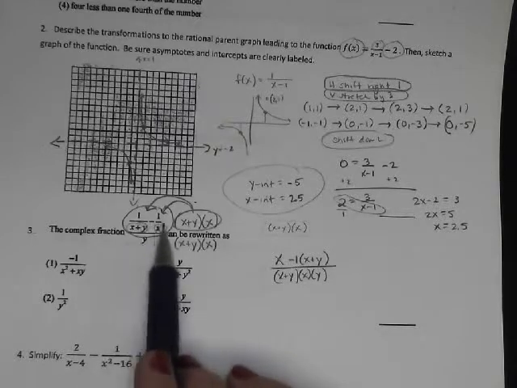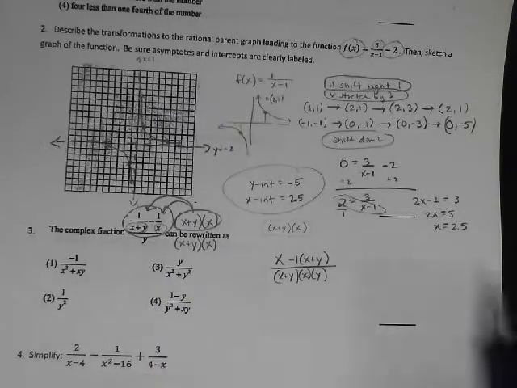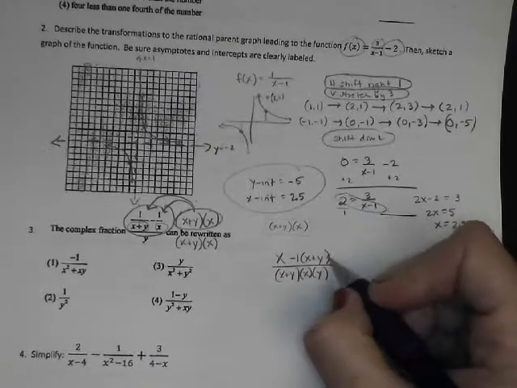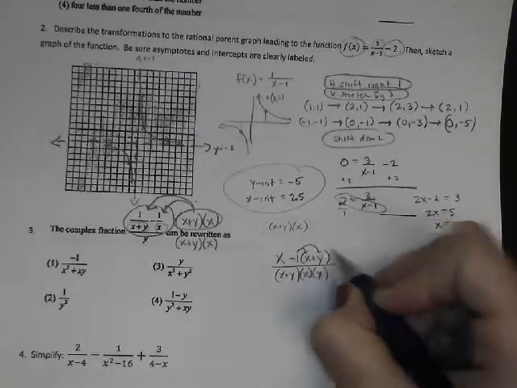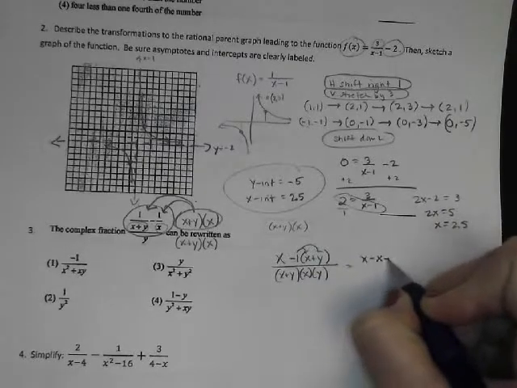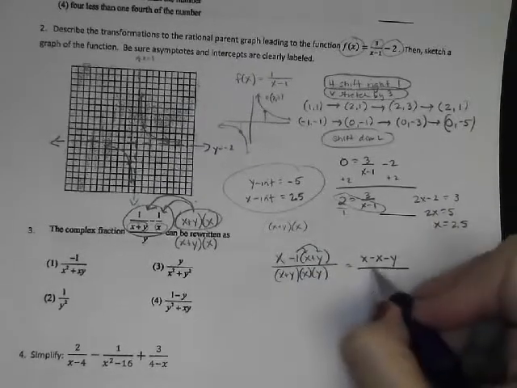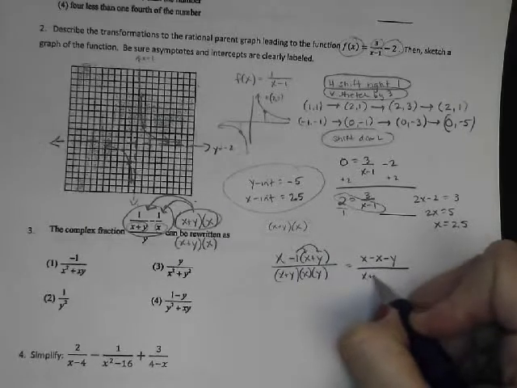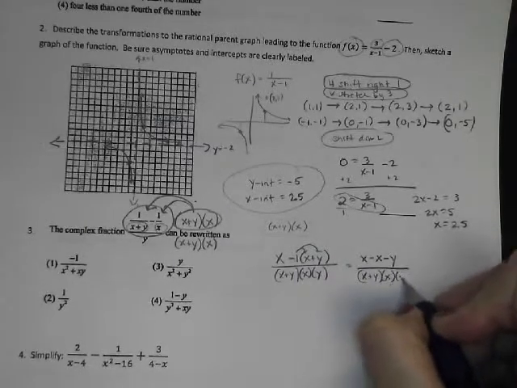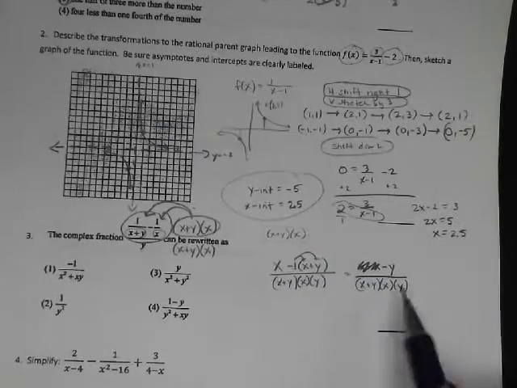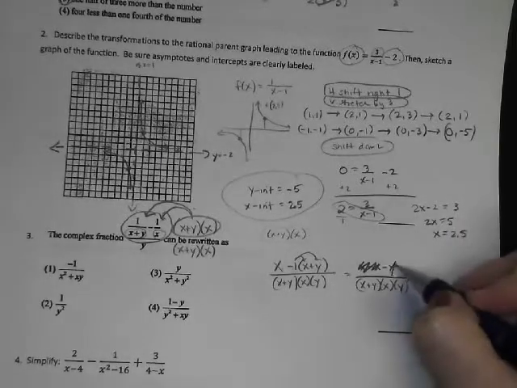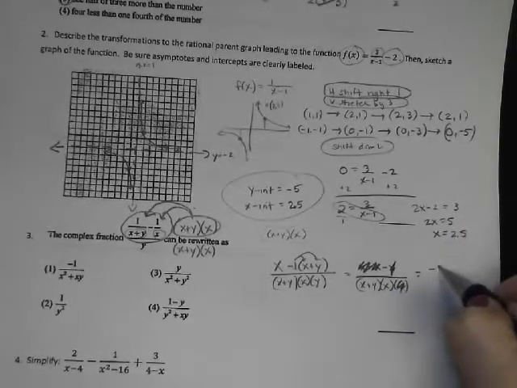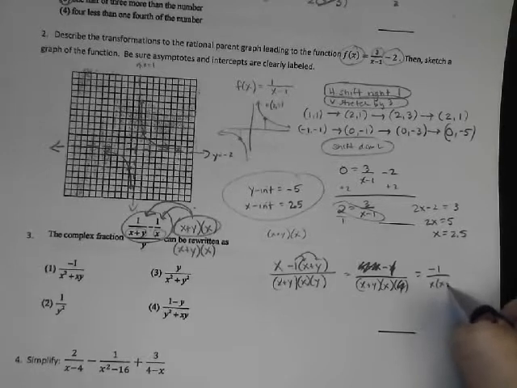Up here we had a binomial with a minus sign in between, so we had to distribute, and we have to simplify that. So it'll be x minus 1 times x minus y. So you're distributing negative 1. And then you have x plus y, x, and y. So your x minus x cancels, and there's your answer. Well, the y's cancel too. So the y and the y, that just leaves negative 1 up top over x plus y,